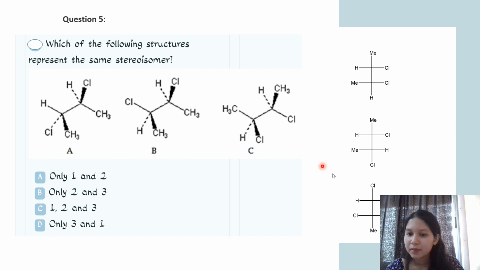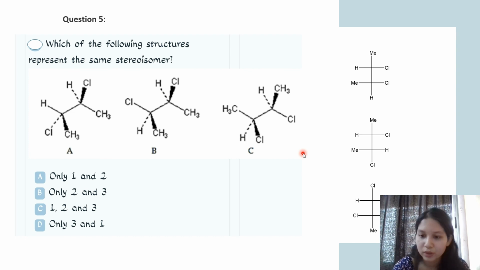Okay, and after converting the structures into the Fischer projections, you can simply assign the RS configurations to the asymmetric carbons present, and then you will come to know